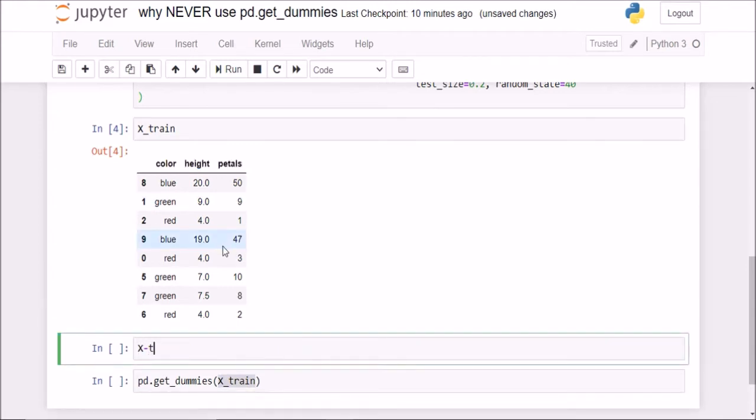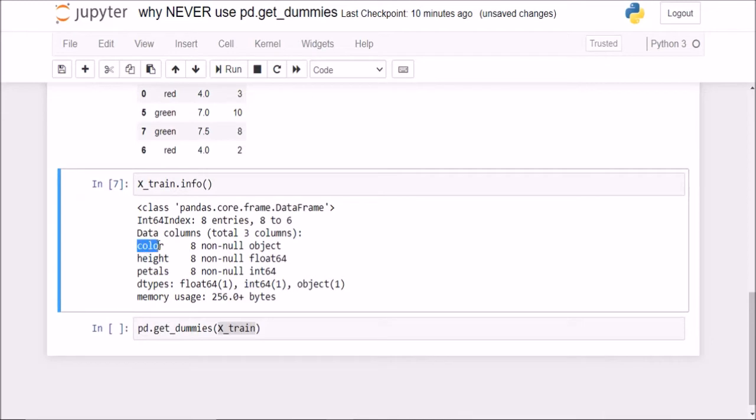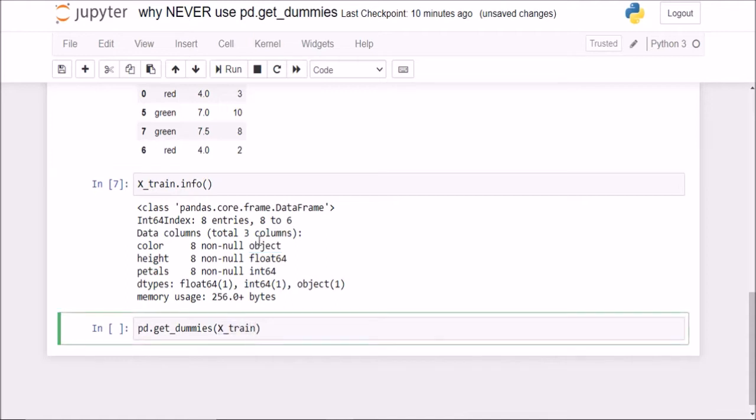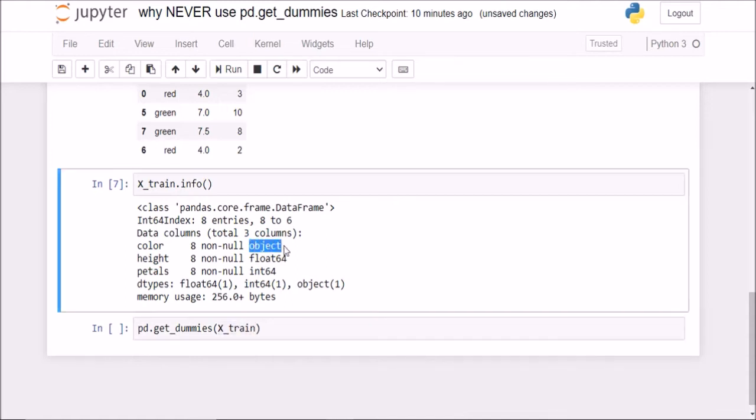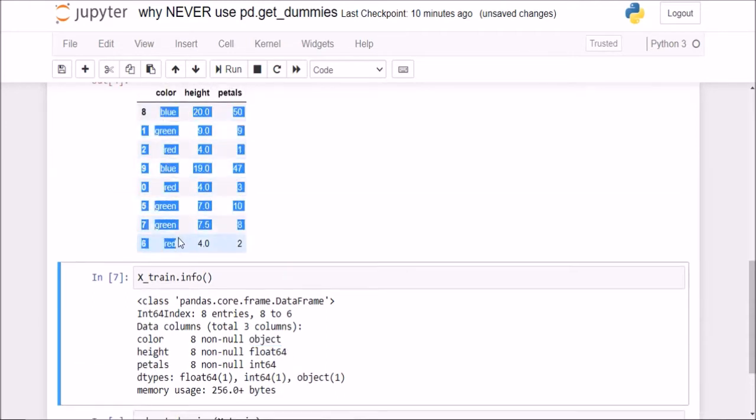Basically, if I check X_train.info, it tells me that the color column is an object, height is float, and petals is int. Okay, so it will scan through all the columns, find out which are the object or categorical columns, and it will find all the unique values in those columns as well.